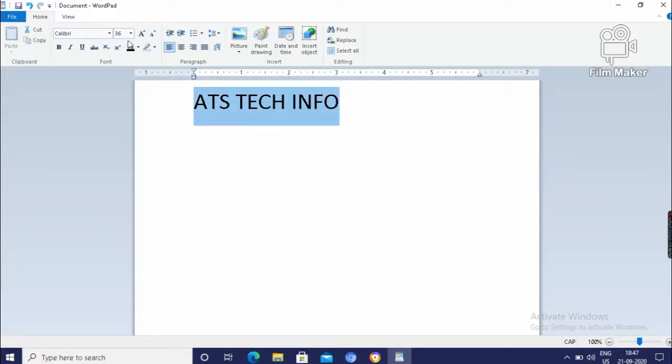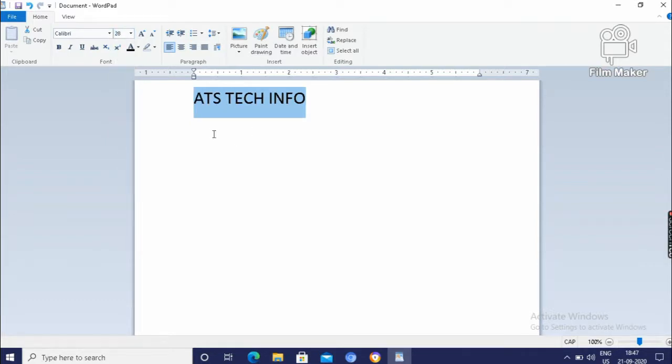Then this is where you can increase or decrease the font size. The smallest font size is 8 and the largest is 72. Here we can select any, say 28.